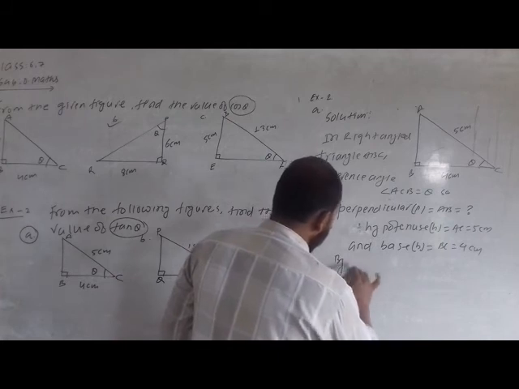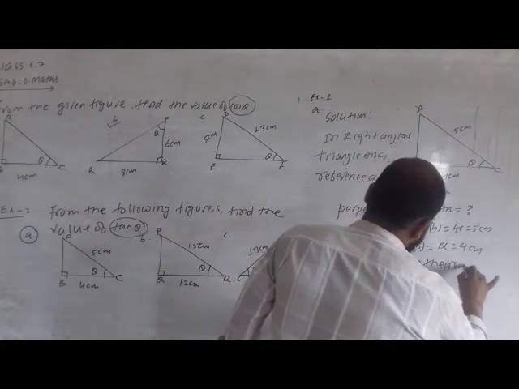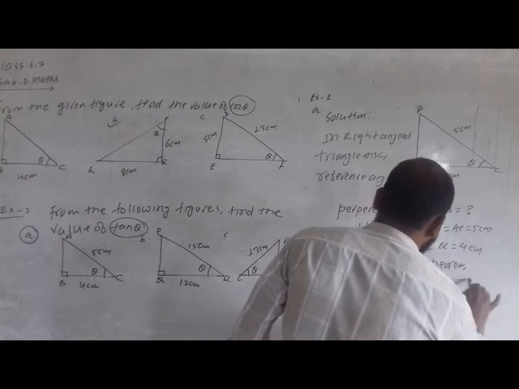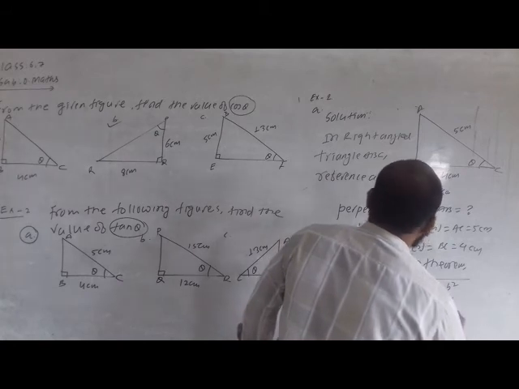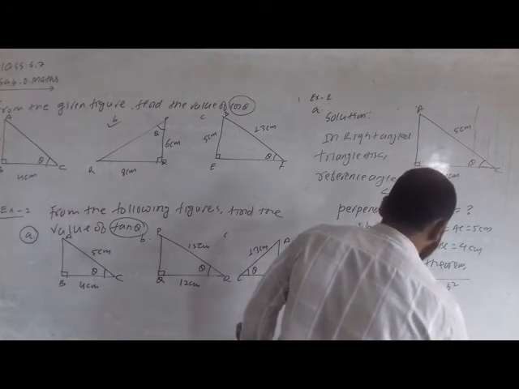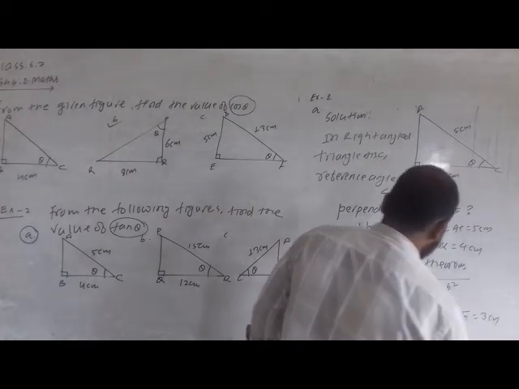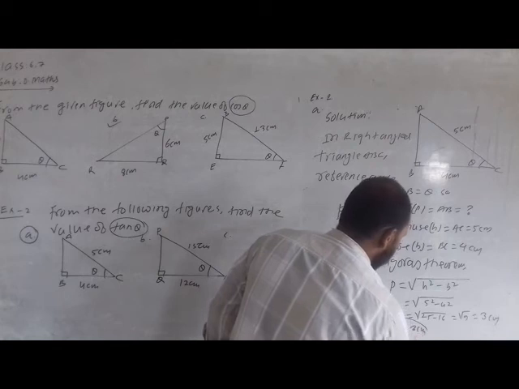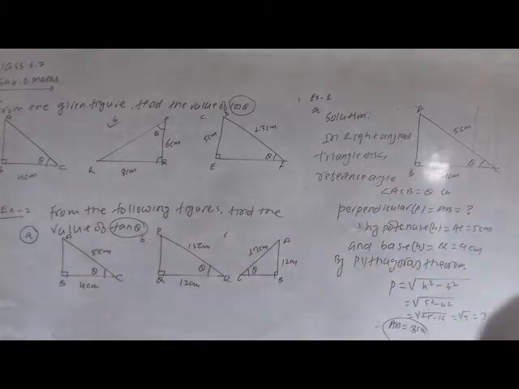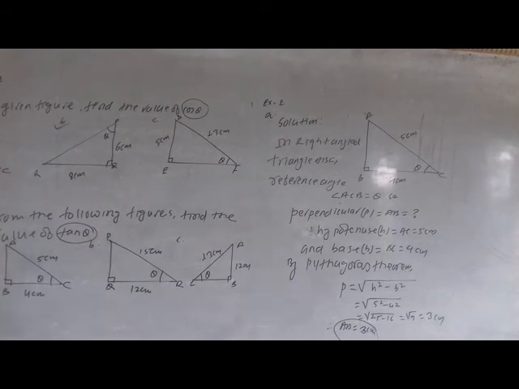Now by Pythagoras theorem we have a formula to find P. What is the formula to find P? We have h square minus b square. Here we have 5 square minus 4 square, 25 minus 16 we have 9. Its root is 3 cm, which represents AB. AB is equal to 3 cm. First you should find the length of AB, because to find the value of tan theta we need AB.